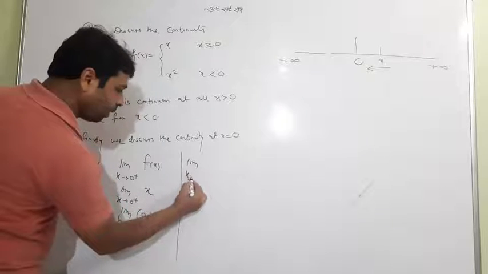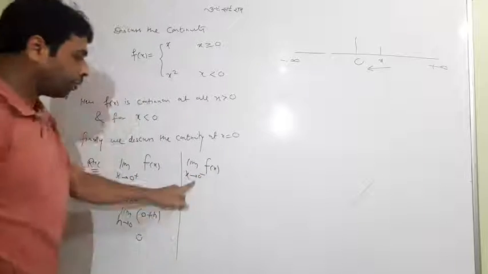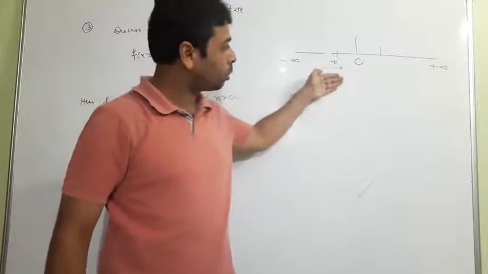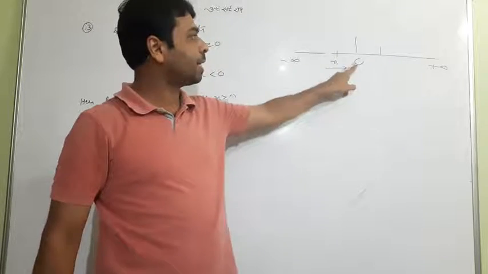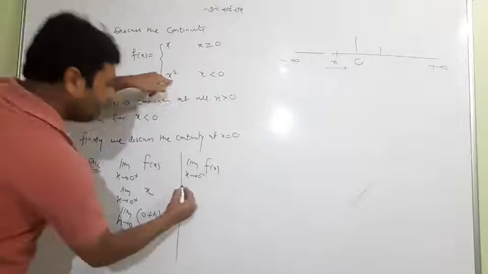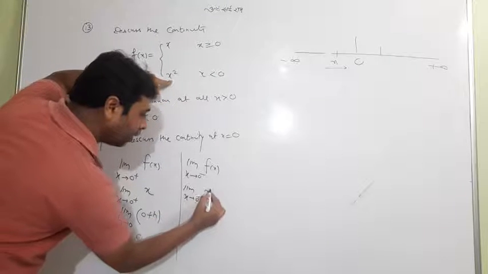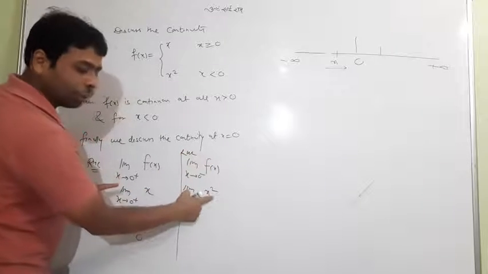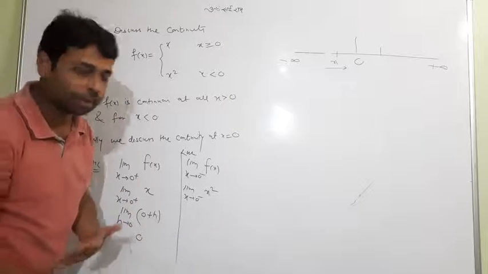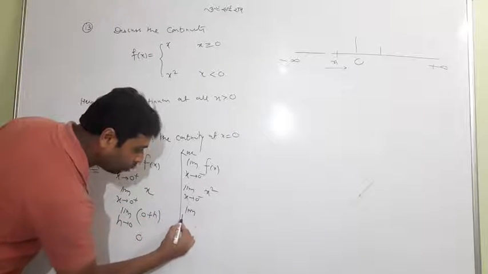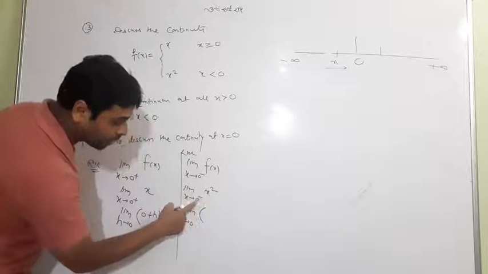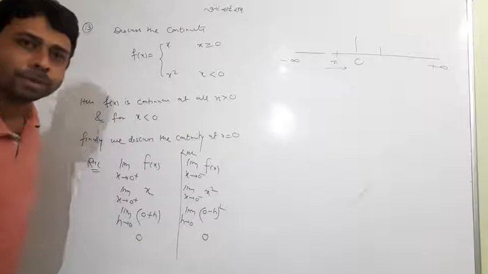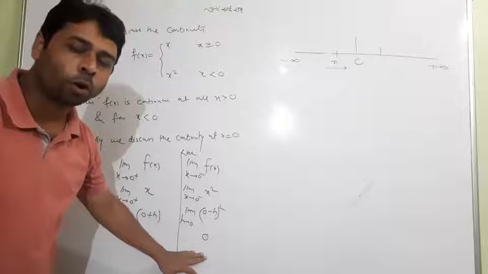Now if I choose a left hand limit, now when x is coming to 0 from the left side, in that case only x is less than 0. Look at, when x less than 0, x square. Now I want to pull your attention, student, here only, that for right hand limit function x, and for left hand limit function change, meaning function may be discontinuous. But after solving that, when we'll choose h tends to 0, I'll write instead of x is 0 minus h square. When h tends to 0 is being here, 0 minus 0 square. Same answer. Okay, fortunately both are same. Not all the time, but it is this time.